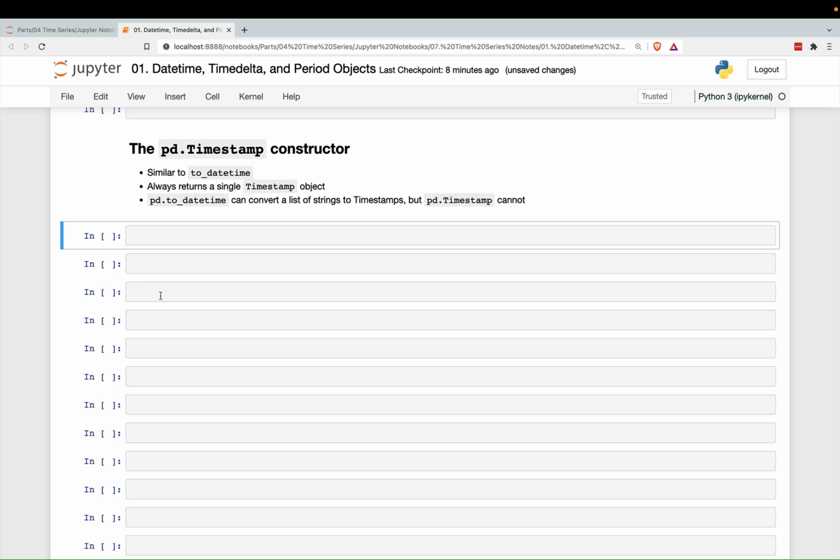I'm now going to discuss the pd.Timestamp constructor. It can essentially do many of the same things that toDateTime can do. I typically use toDateTime as it has a little bit more functionality, but just so that I cover it and you're aware that it does exist, the pd.Timestamp, if you pass it in a string,